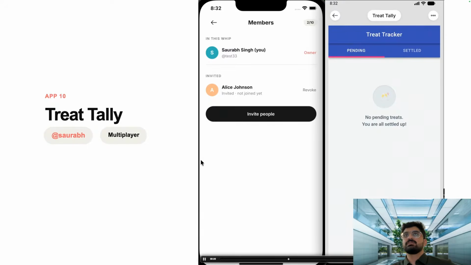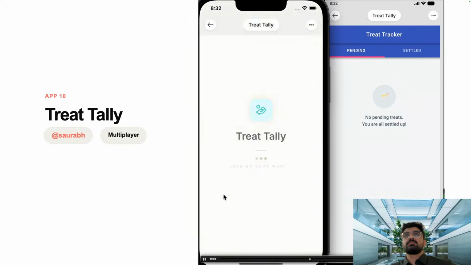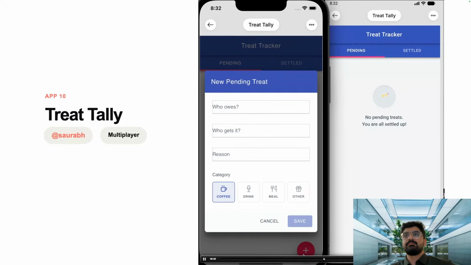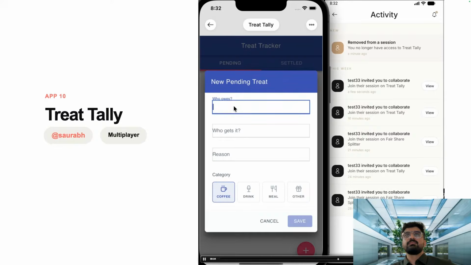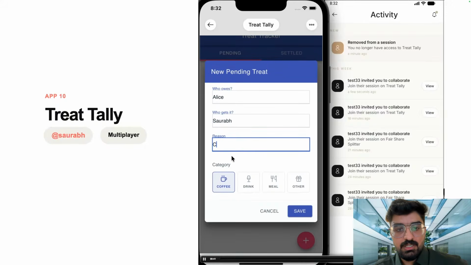They'll see, okay, there is nothing pending. Nothing pending. Same for user one as well. Now you create some data entry, and the other person will also see it on their phone.